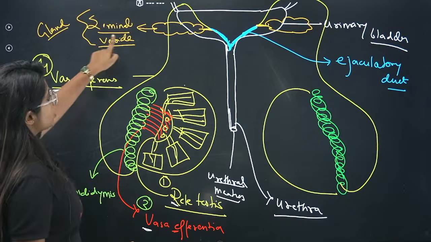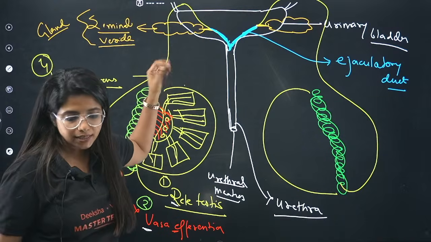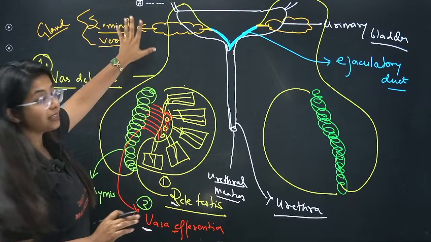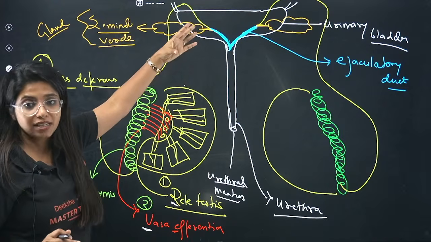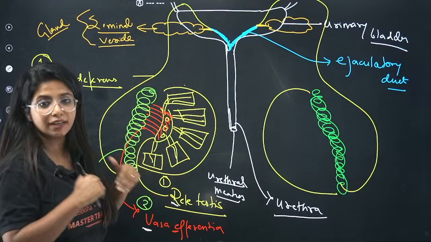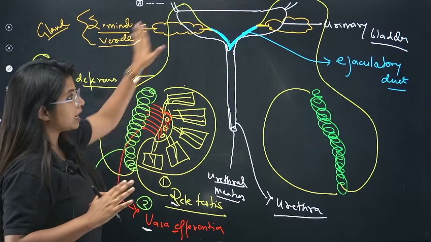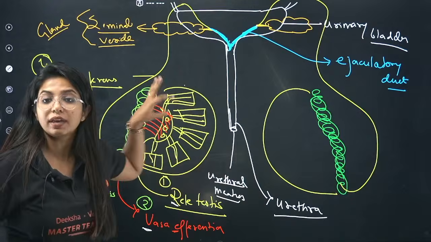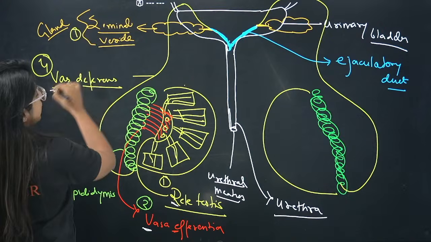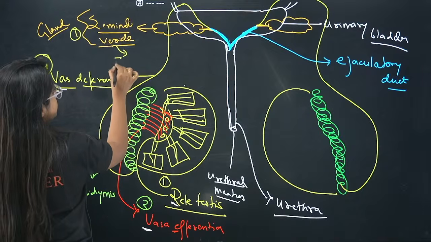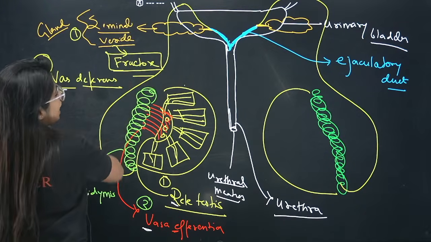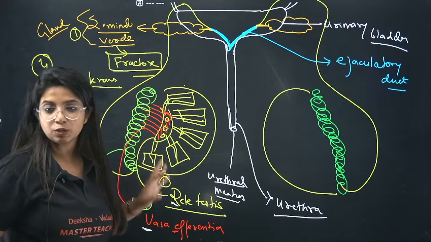So we were talking about the seminal vesicle, right? And I told you it's a gland. Bhavit also gave me a thumbs up. Perfect. This is a gland which is going to secrete something. We are going to talk about glands next. Since I had made this picture anyway, I need to talk about a few more things. So we completed the duct part. We are going ahead with the gland part. The seminal vesicle is the first gland. What does it release? Much of it is fructose for the sperm, so you will get some energy. This is the first thing that is released.